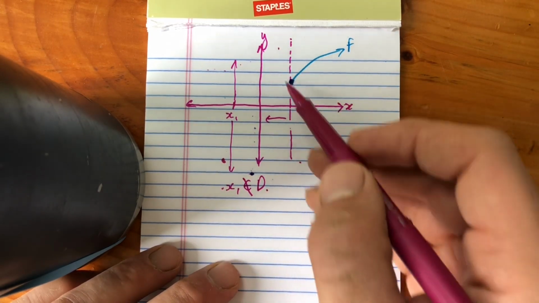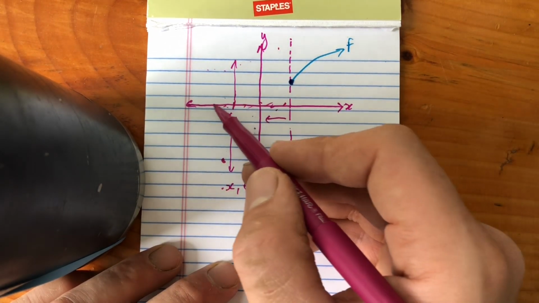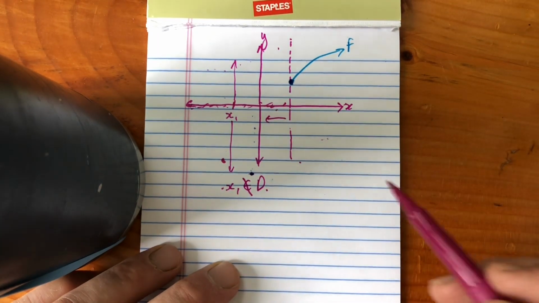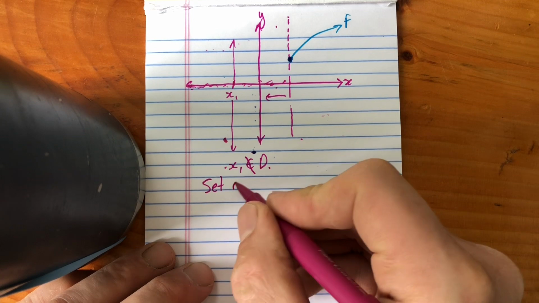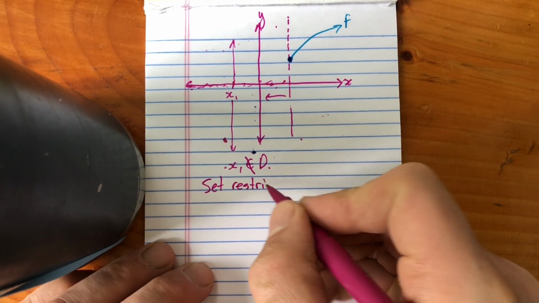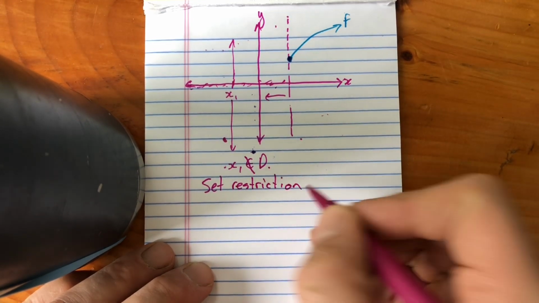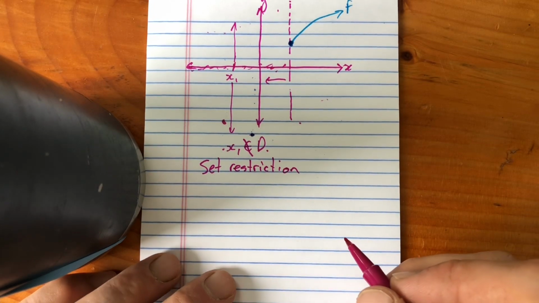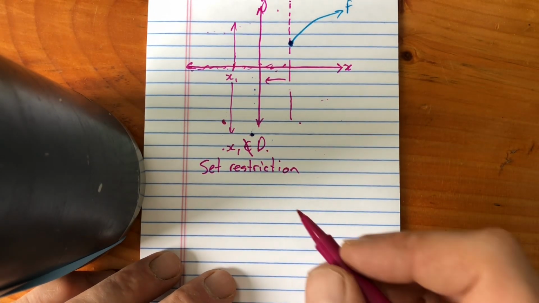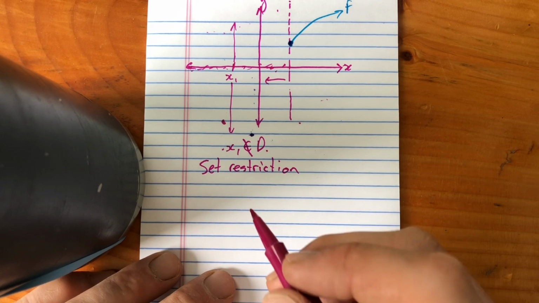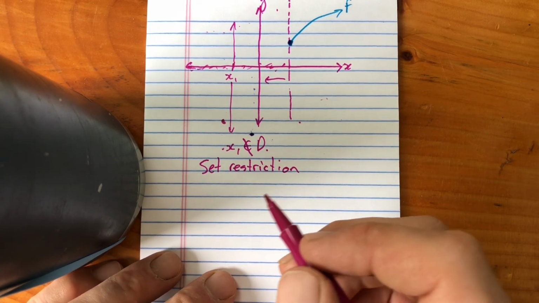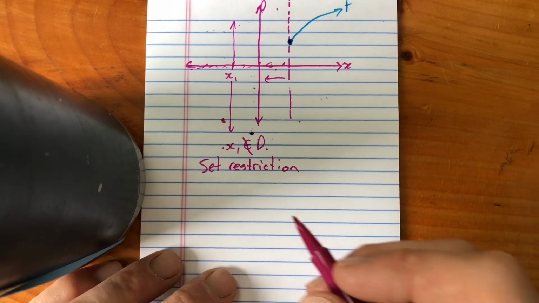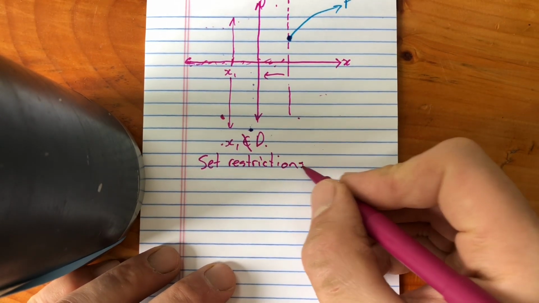Now, there's a lot of x1s. In fact, all of these values out here are all restricted from the domain. So I call this a set restriction, because you're restricting an entire set of points, not just one specifically. So in a set restriction, you are often breaking one particular rule or a couple of different rules if you know more functions. So set restrictions arise